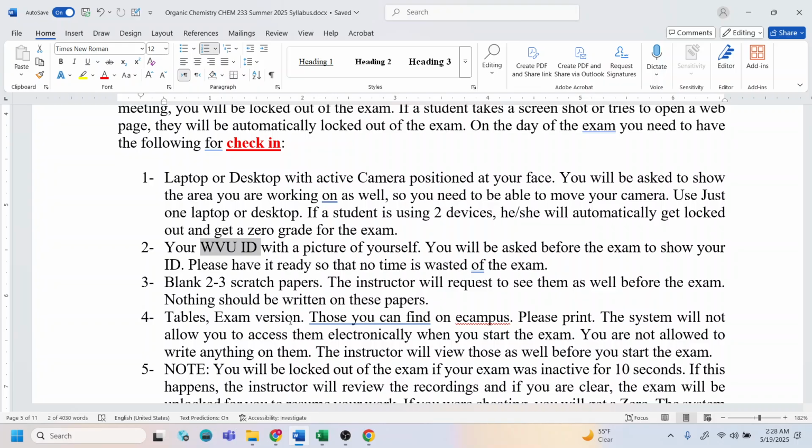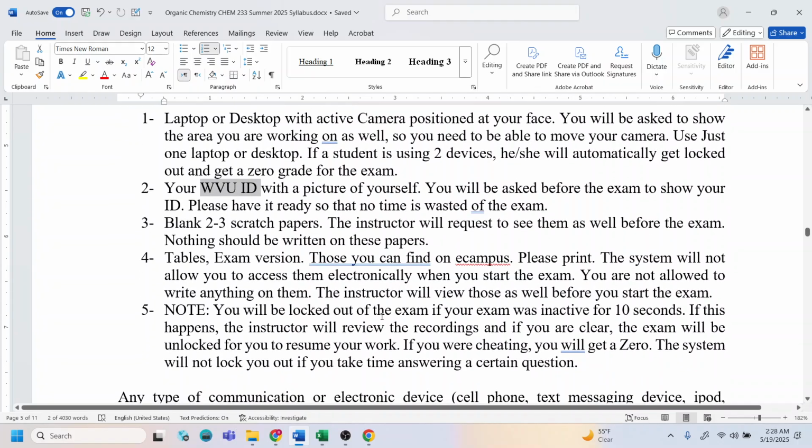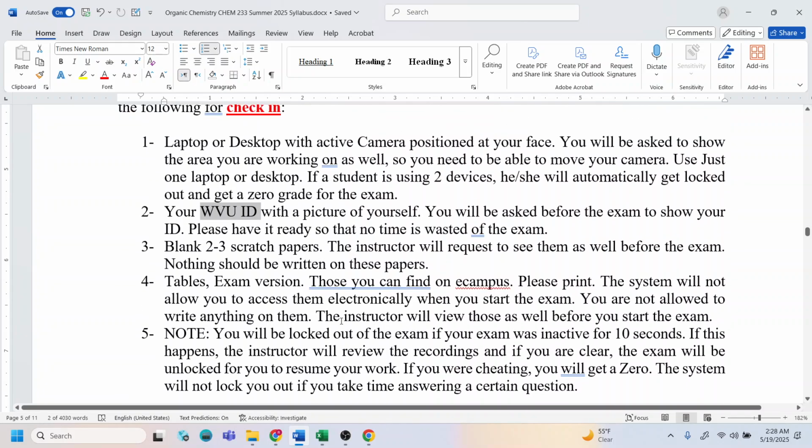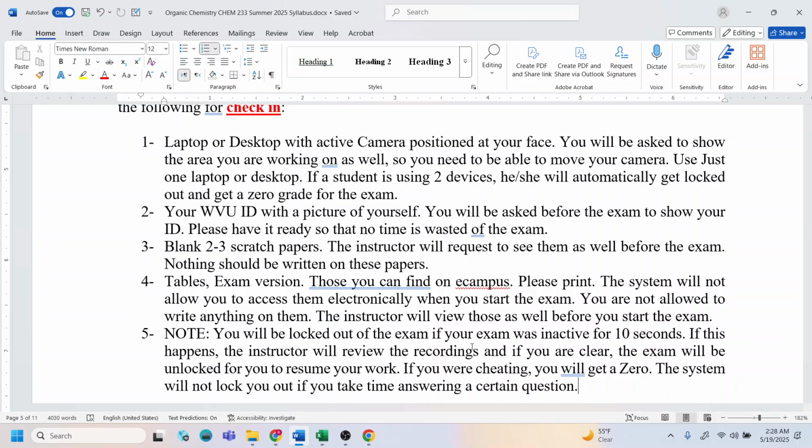During the exam, you need to have the camera positioned at your face, and I need to see you during the exam. So again, these are the rules, and please work around these rules. So let's say, for example, if you get locked out of the exam, I would go ahead and review the cameras, and then I would log you back in. Sometimes if you have a weak internet connection, you will be locked out of the exam,